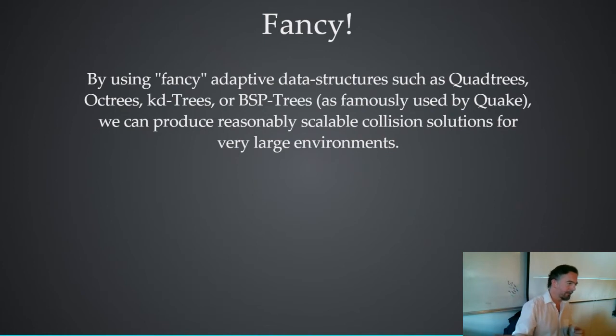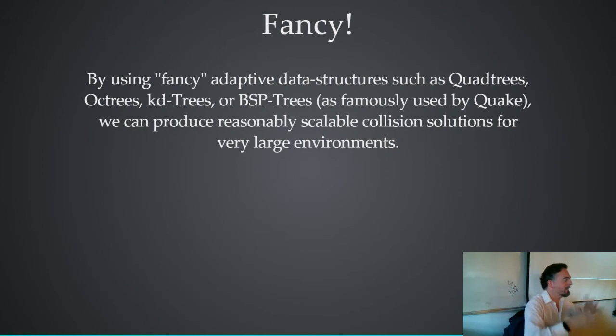It was like an academic thing that had been in the academic literature, but he knew about it, and he implemented it in Quake because it turns out it has the same sort of advantages of these quadtrees and octrees, but it's just a bit more suited to kind of maze environments. So the point was that in Quake,